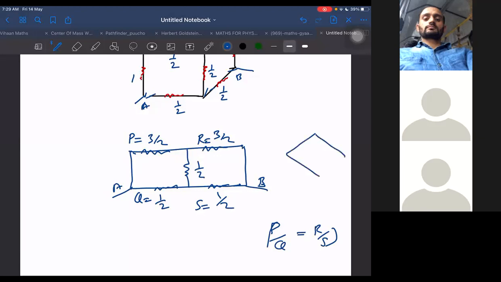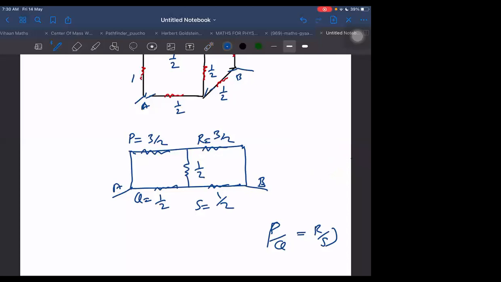Last time I have drawn the diagram like this. It doesn't matter how we draw the diagram. Mainly we check how many resistances are there. There are 4 resistances, and in between a 5th resistance, which is joining the 2 nodes. This is called a balanced Wheatstone bridge. Here also the same thing. 1st resistance, 2nd, 3rd, 4th resistance. And these are the terminals of the battery. So this can be converted into this form. Many times they give a balanced Wheatstone bridge, but it doesn't look like one. Although this is the usual configuration, this we can directly identify, but sometimes there are hidden configurations which you are not able to identify easily.